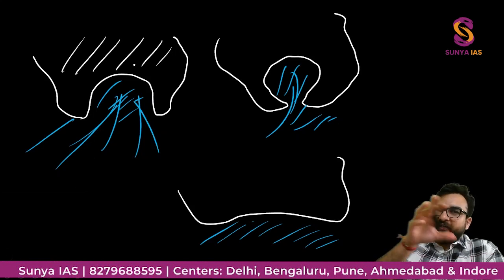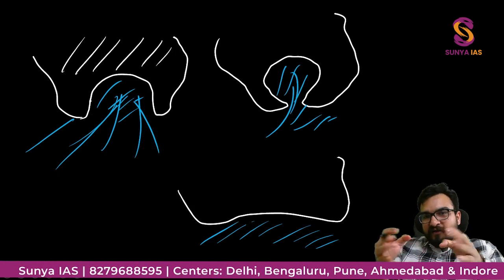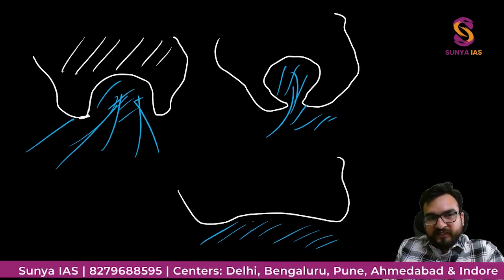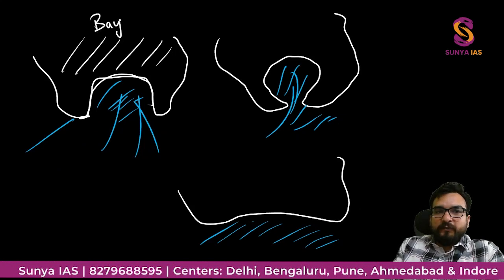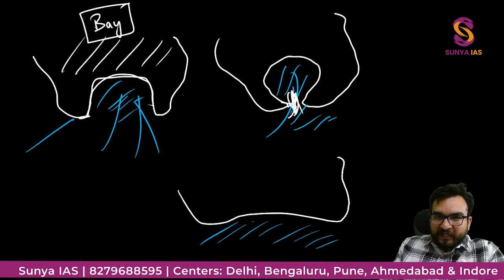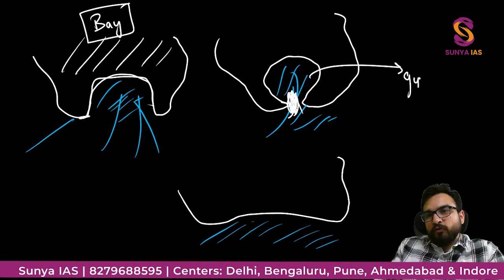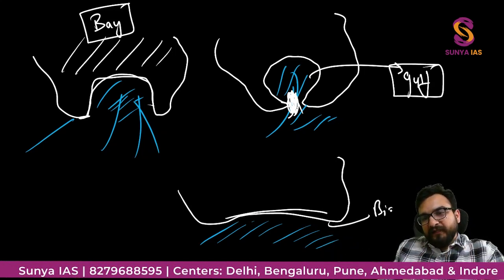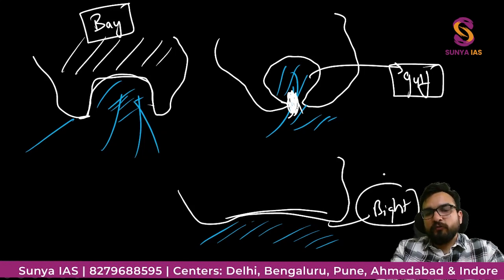And basically they have divided broadly those water bodies, those land masses which have a wide opening, not very wide, but a moderate width. That means you can see that over here the opening of this particular gap is not very wide, right? So this type of feature we call a bay. If the opening is very narrow, you are seeing that narrow opening over there, this will turn into a gulf. And if the opening is too broad like this, you will call it a bight. Right? Let me show you now.